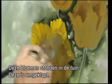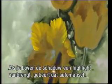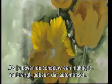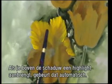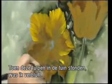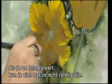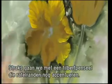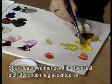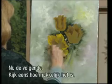In the garden when they were growing, here's one that's flipped over. See with that shadow we had underneath, and you put the highlight on top, it automatically gives you that flipped over petal. When these little guys were growing, I was amazed. When you photograph them, you can see how really, really ragged they are. And we'll be going in a little bit with our filbert brush to get even more of a ragged edge. And the next one,